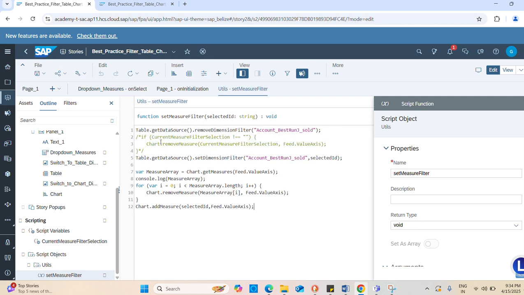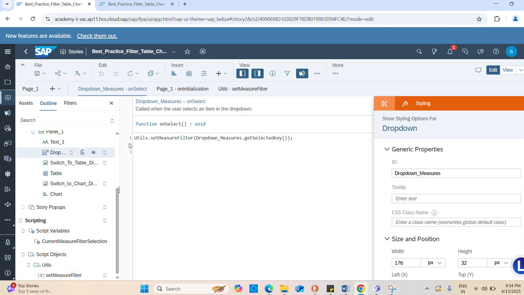So basically you define the function here and you call it at two places. One is in the initialization to initialize the value with the default key, which is gross margin, and then in the drop down measure on select, when you select any value,